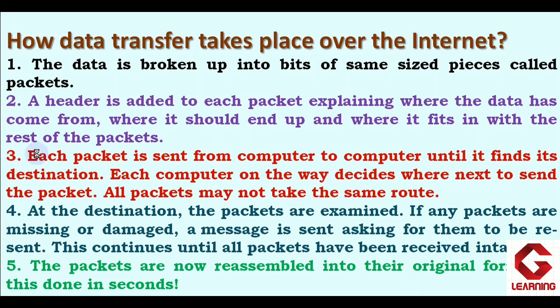Now the destination computer is examining all the packets, and if a packet is not in the correct state or the data of a particular packet got damaged, or if the destination computer did not receive all the packets, it asks the sender computer for that particular packet, and then the sender computer sends that packet to the destination computer, and in this way the destination computer receives all the packets in the correct state. Thereafter, as per the sequence number, all the packets are combined or reassembled at the destination computer, and then the user of the destination computer gets the message on the screen. So this is a complete procedure, and it takes place in a fraction of a second.